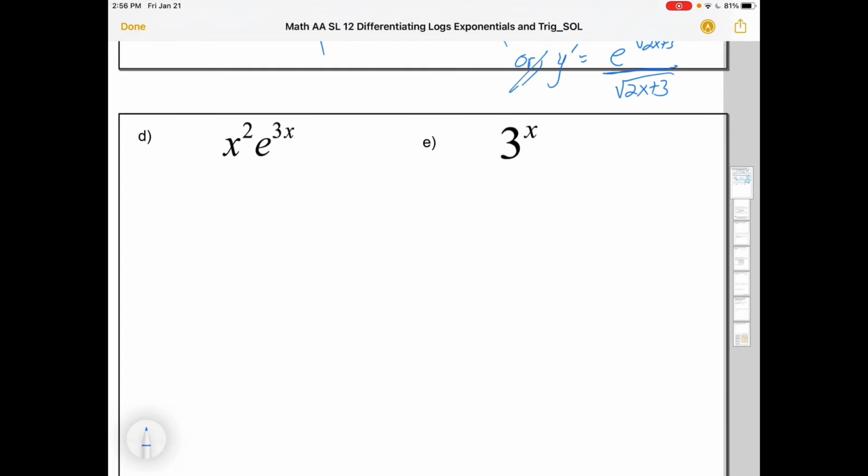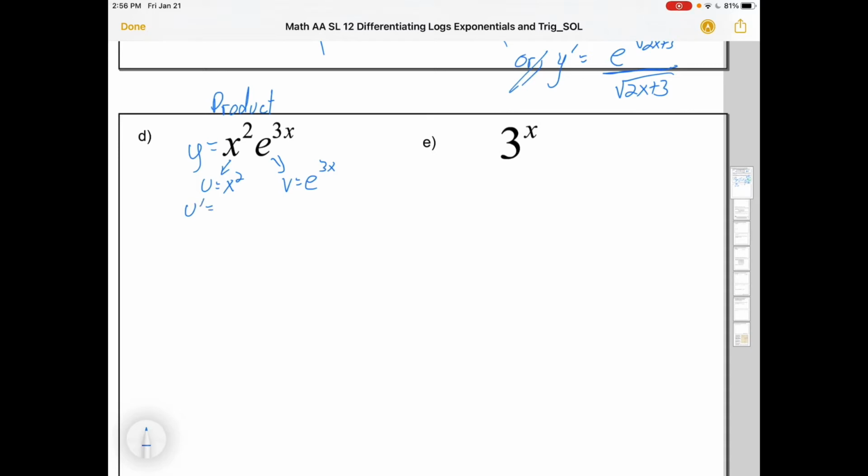Next one, y equals x squared times e to the 3x. When I say it out loud, I recognize that this is a product. Or you can think of it as two x's that are not separated by an addition or subtraction. They're multiplied together, so there's no plus or minus between them. So I'd be thinking u is x squared, v is e to the 3x, which means e to the glob,